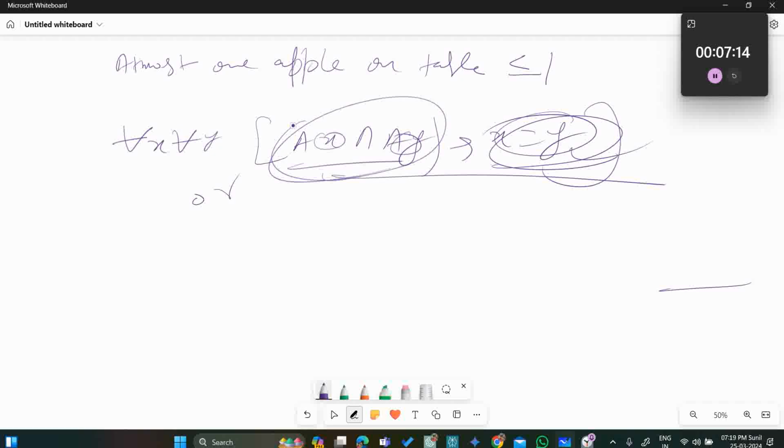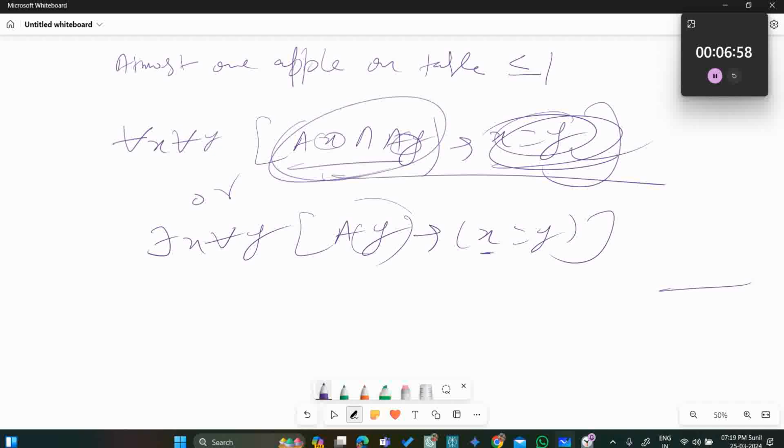This is how we do it. Or we can do it like there is some x for all y for which ay implies x is equal to y. Right? For all y, if this is apple, then x is always equal to y. Alright, there is just some x. We can also do this. Yeah, very important questions here. And